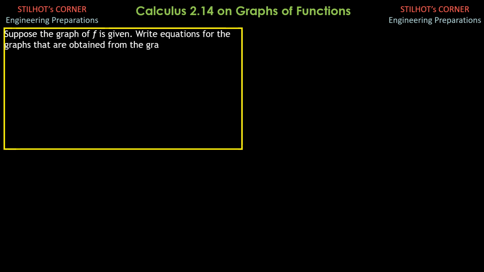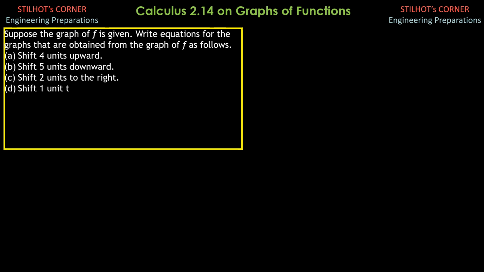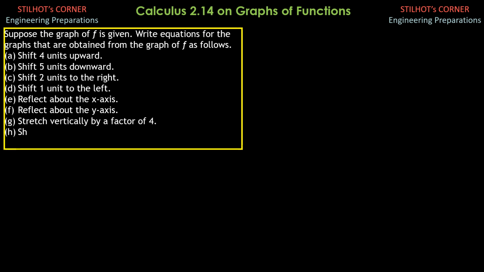Suppose the graph of f is given. Write equations for the graphs that are obtained from the graph of f as follows. Shift 4 units upward, shift 5 units downward, shift 2 units to the right, shift 1 unit to the left, reflect about the x-axis, reflect about the y-axis, stretch vertically by a factor of 4, shrink vertically by a factor of 6. So if the graph of the given function is y equals f of x, then in part